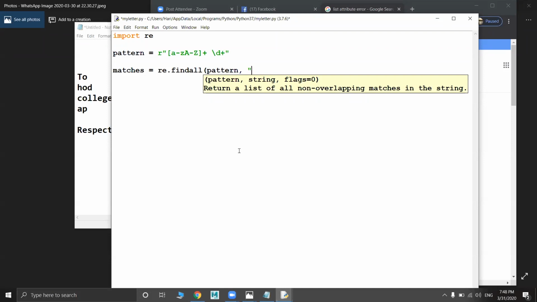Let's say I am going to give Guntur 2018. Okay. Karnataka 2017. I'll give a shortcut, AP 2019.